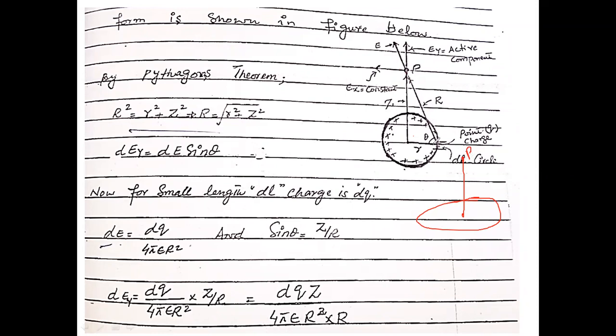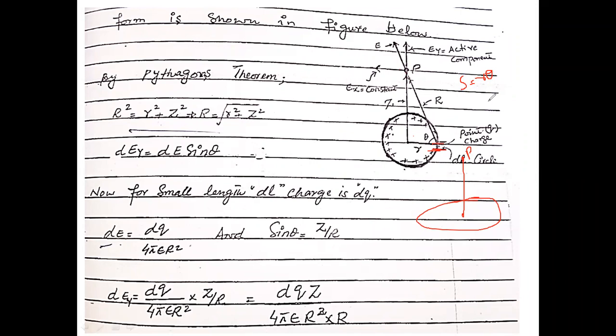Now we will consider this small portion of the ring, and later on we will consider the whole ring. For the time being, as we have studied this procedure earlier, we take a small fraction, then by taking the integration we consider the whole length. So for now we have this small fraction of the ring. This is the source charge, Q. Now S is equal to R theta. You have studied the S equal to R theta formula in FSc. So here, S is equal to what?